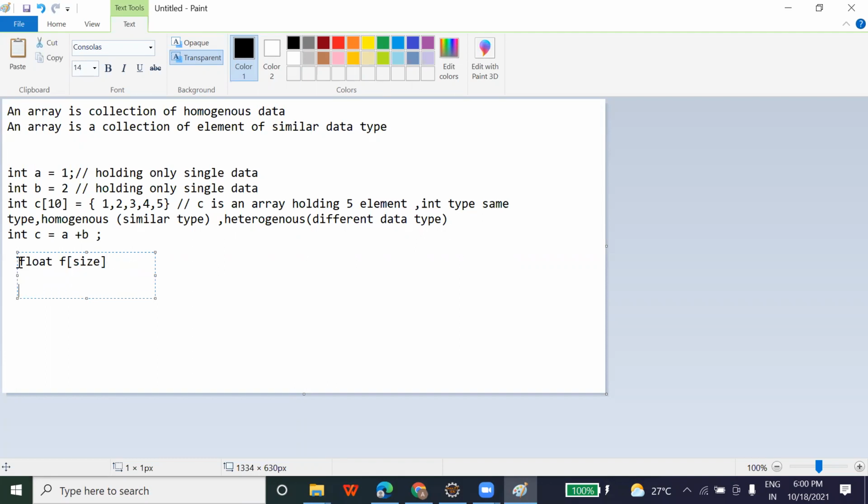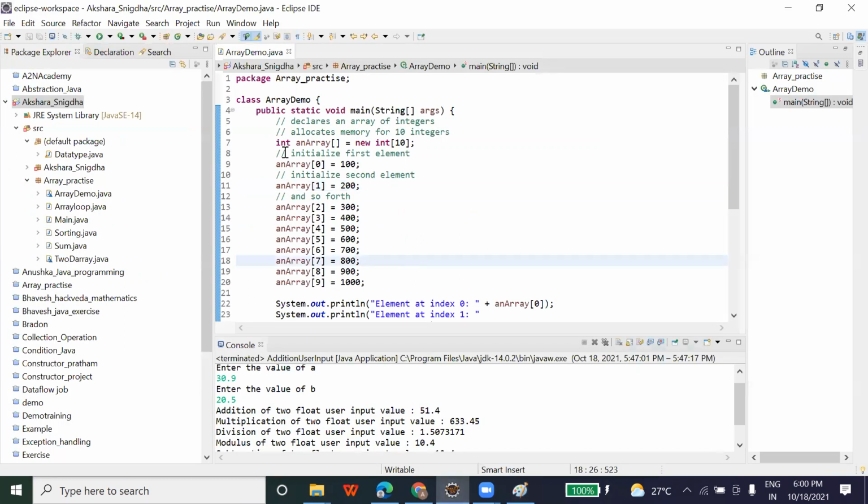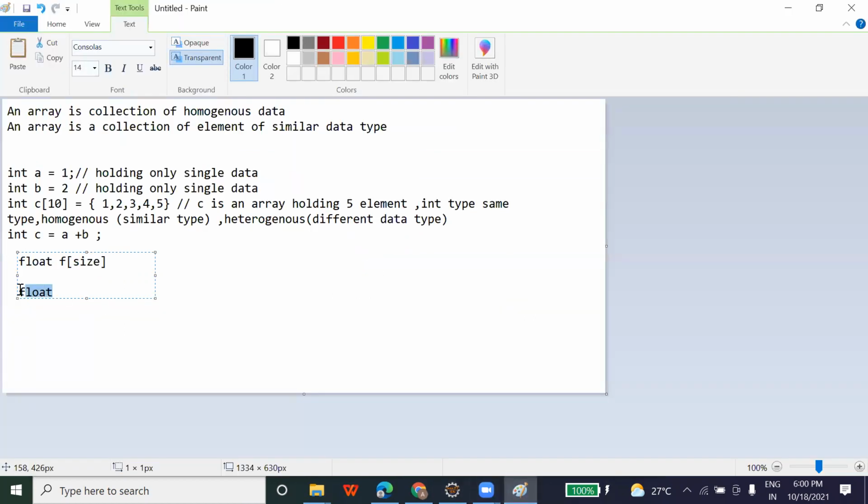Second, let me show you, this is another way of declaring an array. This is an integer array, and this is a float array.